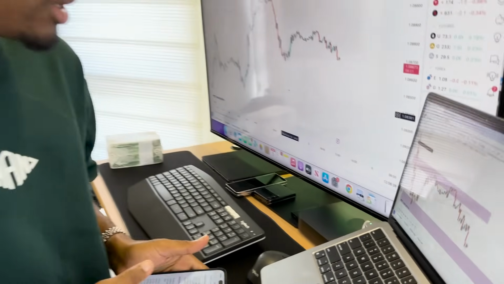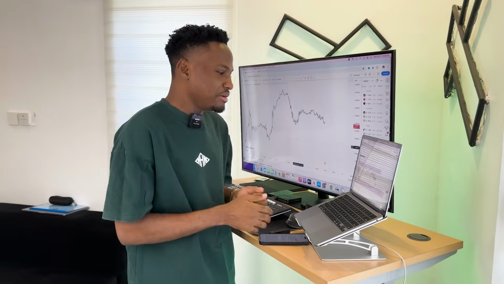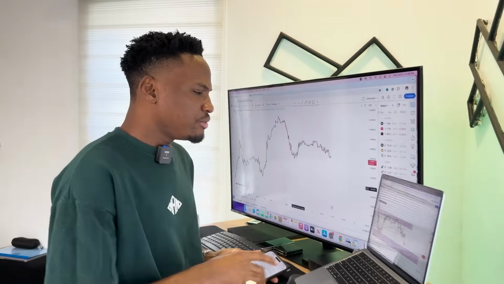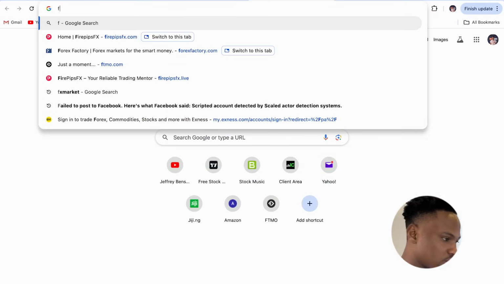I love this. So what it's simply saying is, if I'm comfortable with risking $200 per trade on this account, then I should go ahead and take the trade, which is always trade with proper risk management, which we always advise. Okay, good stuff. So before I proceed, I'd love to go to the news factory, which is Forex Factory,